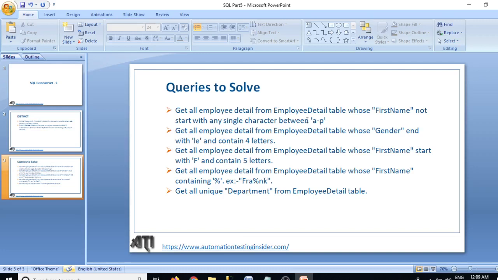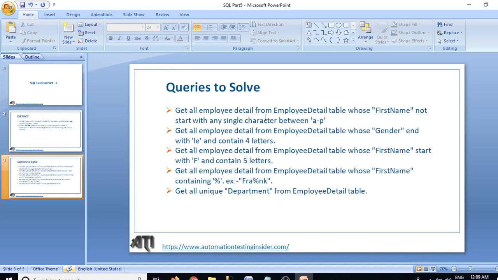So in continuation with the previous video, today I picked some more string related problems and will solve them using SQL. Okay, we'll write the SQL queries. So these are the different problems, guys. Let's get started with the first, and at last we'll talk about this distinct keyword as well. Okay, so let me pick the first problem.